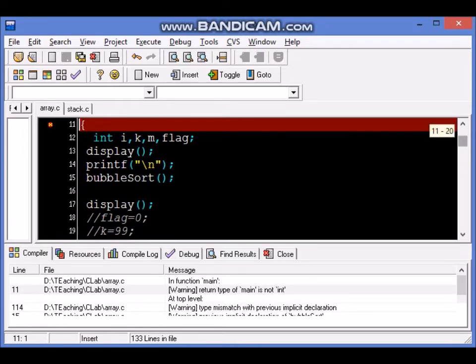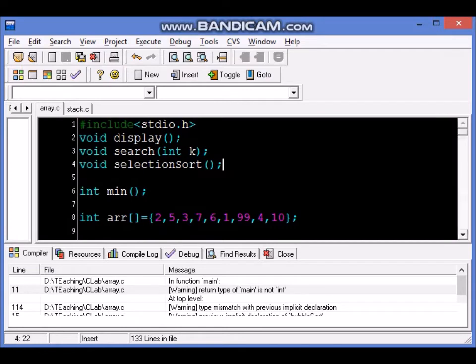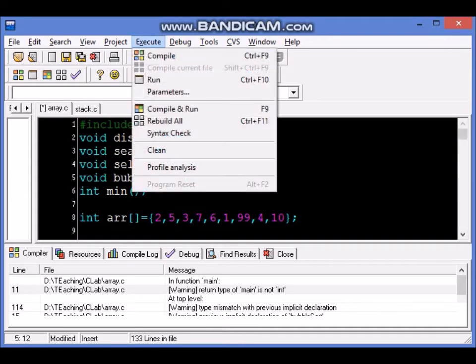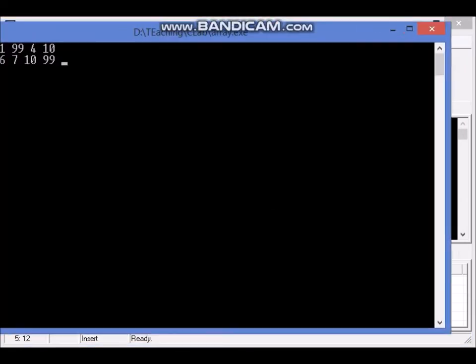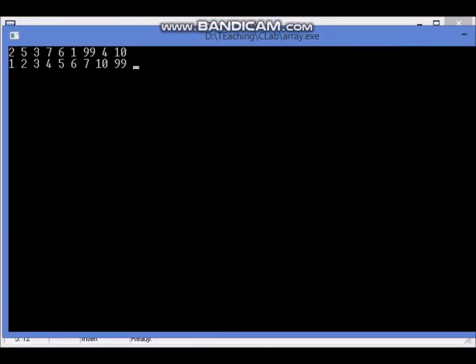It will say that we need to declare the prototype. So like we declared for selection sort, we could copy paste this and make a prototype for bubble sort. Compile and run. And we notice that the numbers have been sorted. Okay, so this is the bubble sort code.